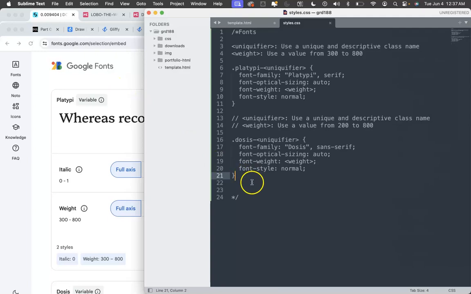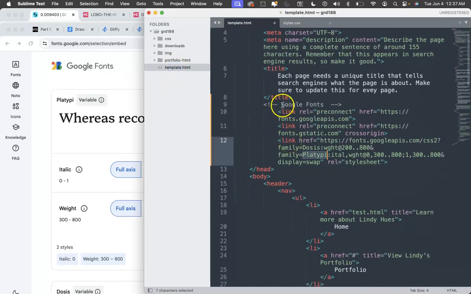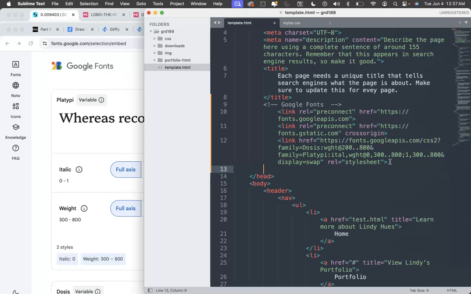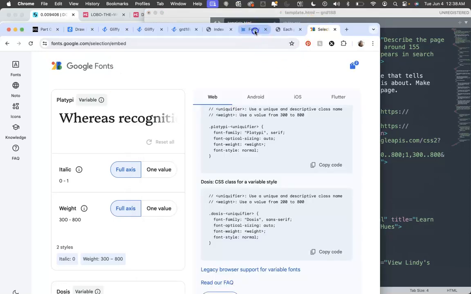But what I do need to do now is also add an icon font that I can use for this. I'm going to come back to my template, and right under my Google Fonts, I'm going to add another comment of Font Awesome. And Font Awesome is a really good thing for you to know about. It has become somewhat ubiquitous in the world of web design as being the premier icon font that you can use. So what we're going to do is we are going to visit the Font Awesome website,